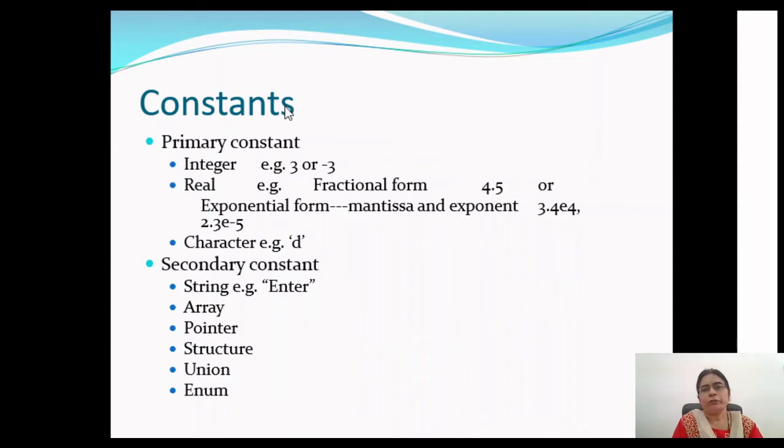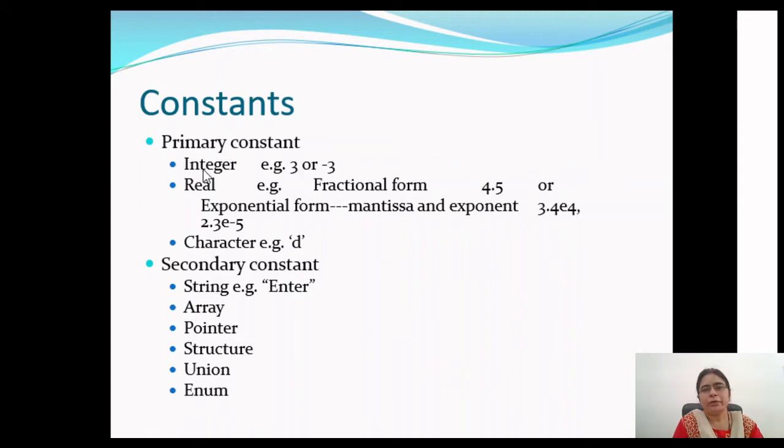For constants, we now understood that we are going to allocate a memory location for a constant, and an identifier is associated with that constant. Now, if we can change the value of that identifier, then it is a variable, and otherwise it is a constant. Now, constants can be categorized into two categories: primary constant and secondary constant. So basically, primary constants are related to the basic data types that we have. For data types, we will have another lecture.